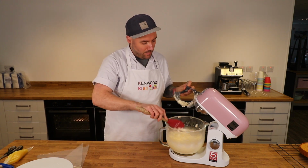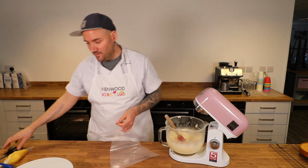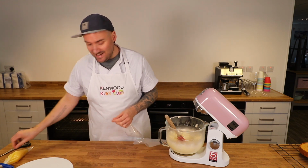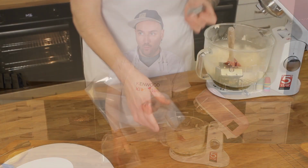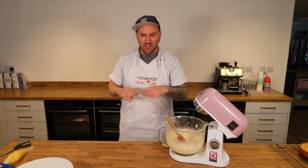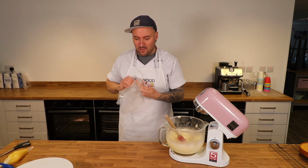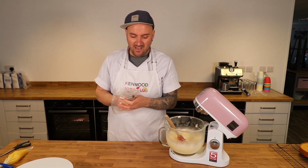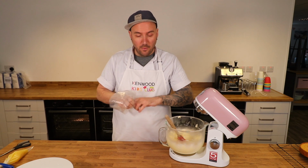So I'm just going to scrape off that beater, and then I've got a large piping bag here. What I'm going to do is trim off the end, and I'm going to put a large piping tip with a round nozzle in the end. Now if you don't have piping tips, you can just cut the end of the piping bag and just use it as it is. But the nozzle is going to help my cake look really, really polished and pretty. If you don't have piping bags at all, you can also just use a sandwich bag, pop your buttercream inside,